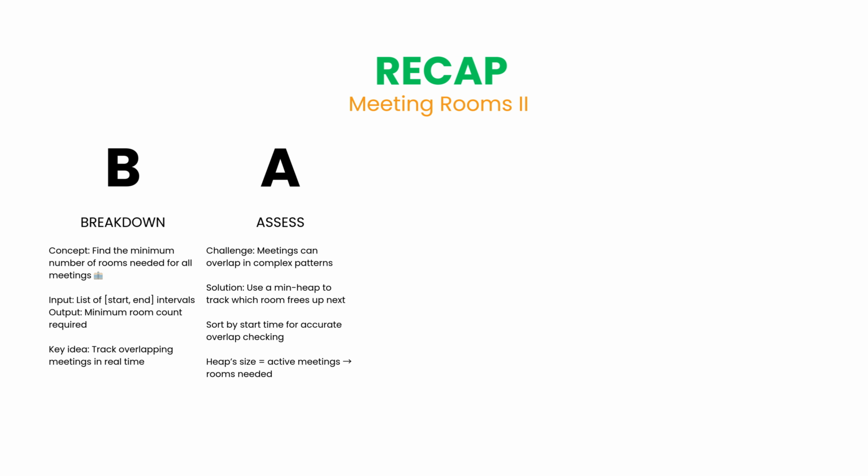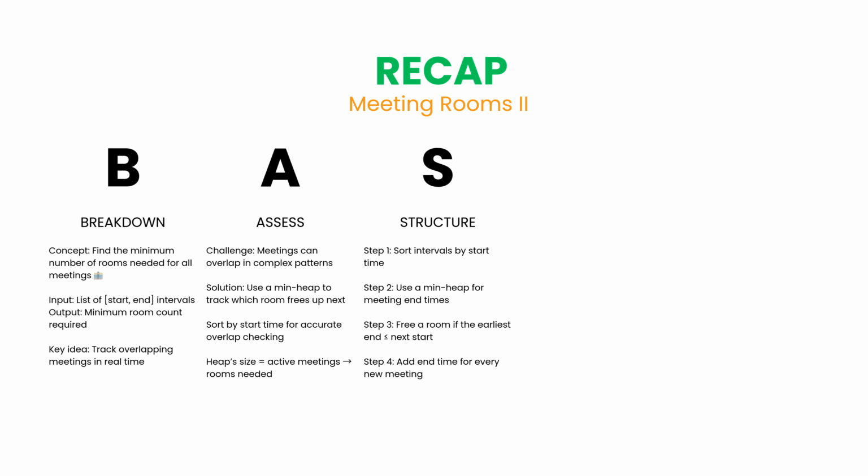If a new meeting starts after the earliest one ends, we pop it off the heap. That room is now available. Otherwise, we push the new meeting's end time, meaning we need another room. The heap's maximum size during the process tells us how many rooms are needed. Structure recap. We start by sorting all intervals by start time. Then, we initialize a min heap to store end times. For each meeting, if the heap isn't empty and the current meeting starts after or exactly when the earliest one